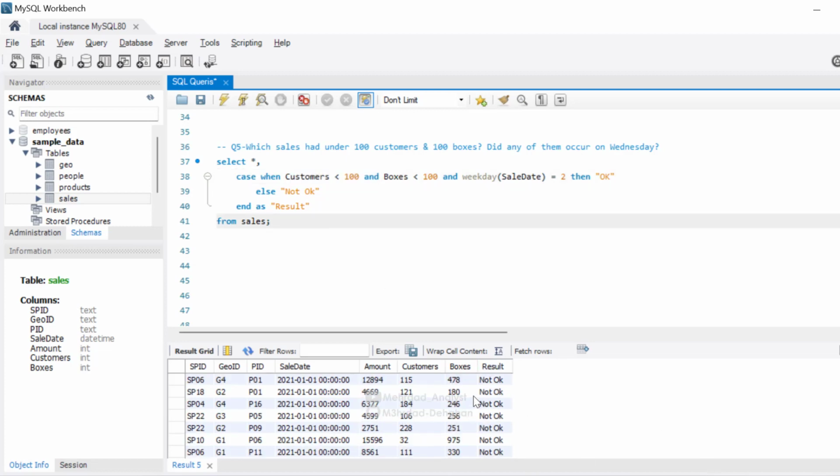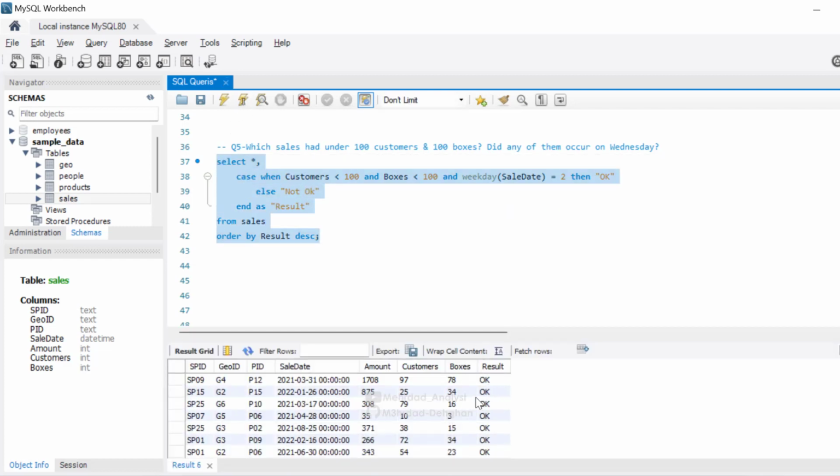But for a better view of the data, let's sort the data, or order by the result, and maybe descending because I want to have OK at the top. And now in this table, first I can see the OK, that some records meet all conditions, and then